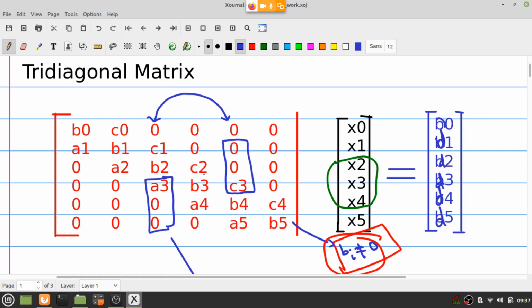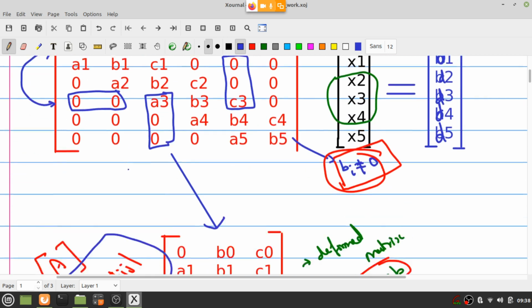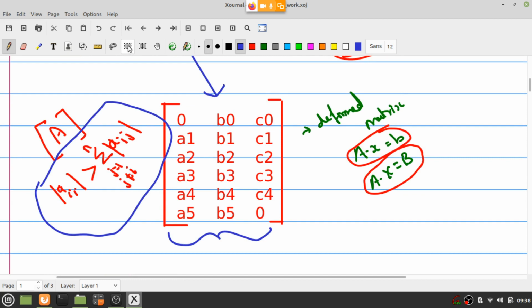So now you see, as I keep swapping, and if I do some row swapping also, again the same thing. Am I right? So when I do the row swapping, these three elements will not be zero anymore, and similarly these two elements will not be zero anymore. So what I want to say is, the moment you do the pivoting part, then this matrix that we wrote